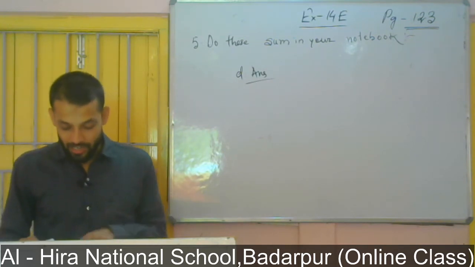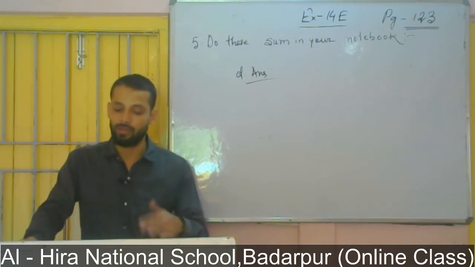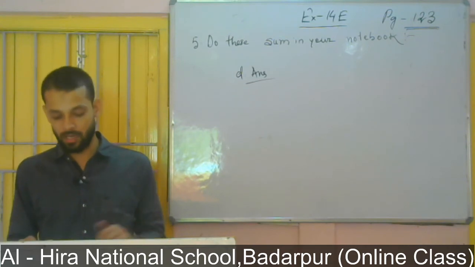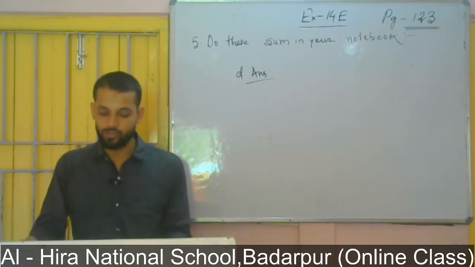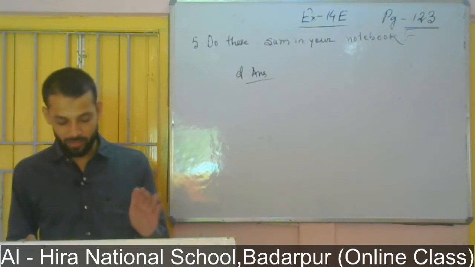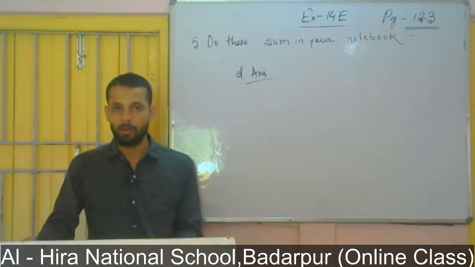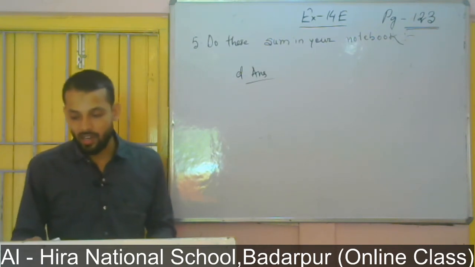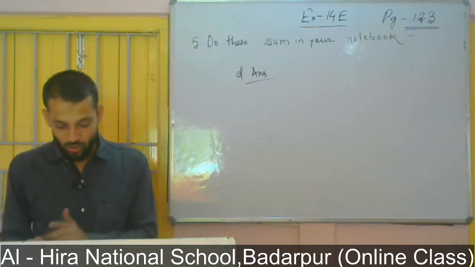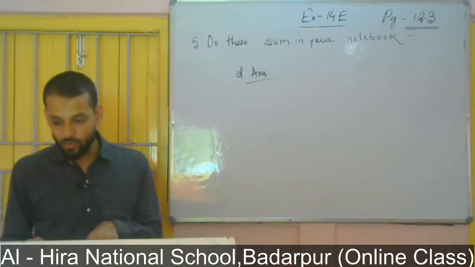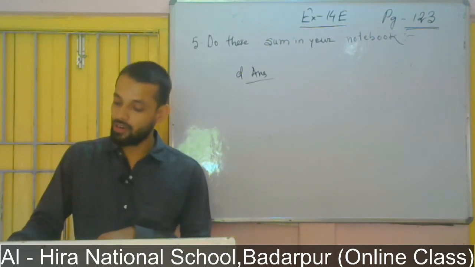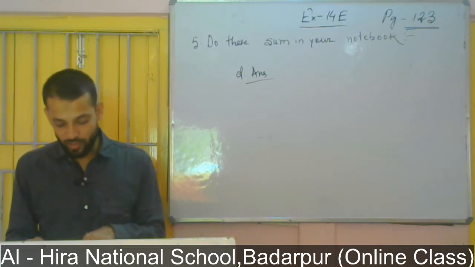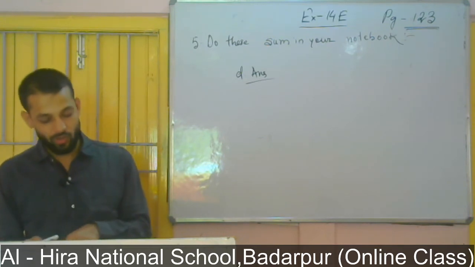He spent rupees 45 on milk. From that 250 he spent 45 for buying milk. Rupees 125 on sweets. So for buying sweets he spent 125 from this 250, and rupees 75 on buying apples. So we have to find out how much money was left with him. We can write total amount of money equals rupees 250. Money spent equals 45 plus 125 plus 75.